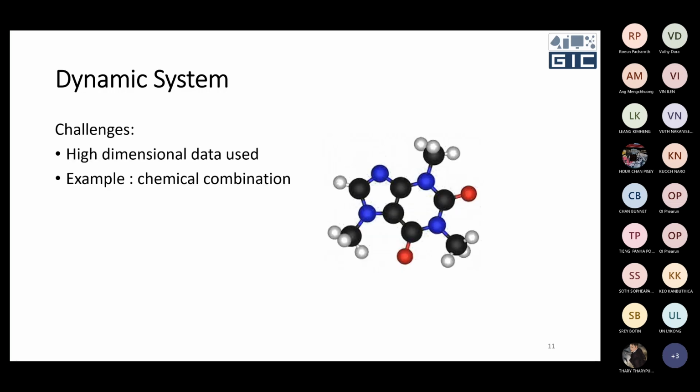And the other challenge is the dimensionality of the data that you use. For example, this can be DNA or RNA, sorry. Or you can say some chemical substances that represent one product. For example, I try to represent some mineral product. They have a combination of a lot of chemical substances. So it is high-dimensional data to represent. So it's really difficult to represent those kinds of things in one system.